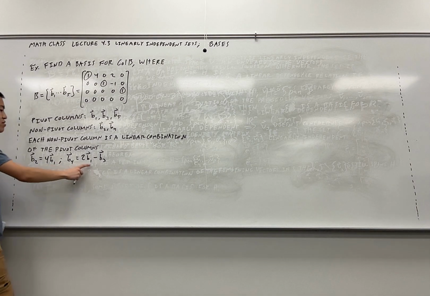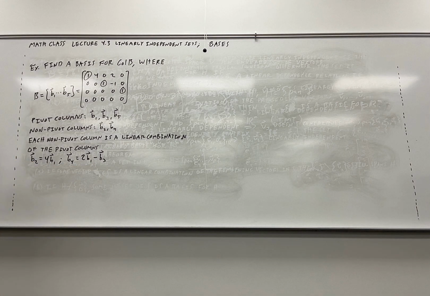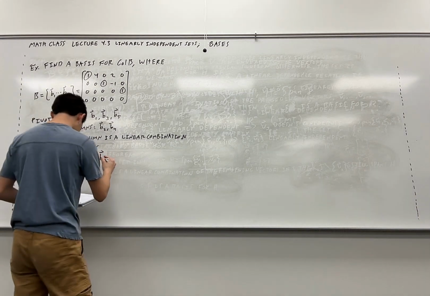So B4 is 2B1 minus B3. Okay, so my non-pivot columns are not contributing to the span. They are contained within the span of the other pivot columns. The pivot columns are the ones that are actually pulling all the weight here. So what we can conclude then is, let's just discard